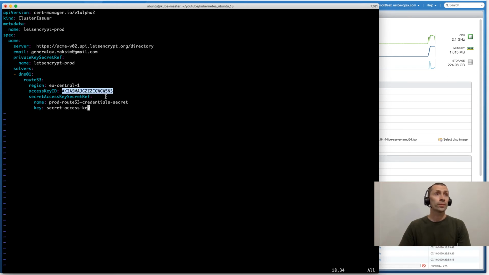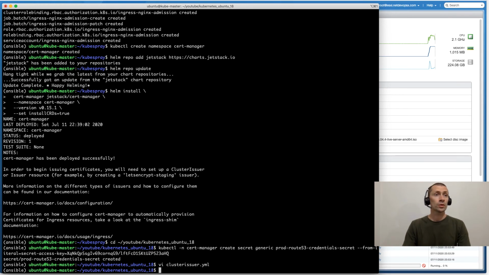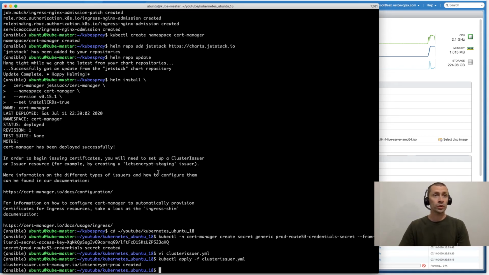This is the real key, and we are going to use solver DNS01 for Let's Encrypt. Okay, we saved this issuer, and now we need to create this object in the Kubernetes cluster. Done. Good.